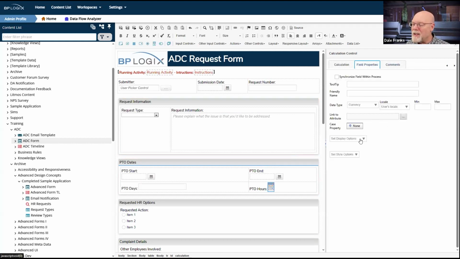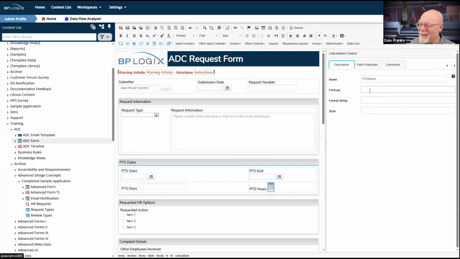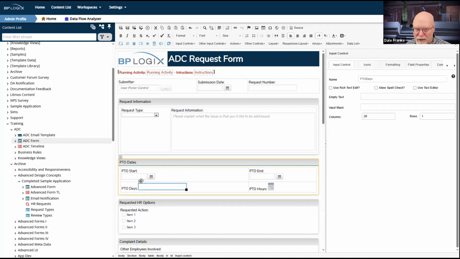I'm also going to set this as always disabled while I'm doing this. Oh, wait, never mind. I don't have to do that. It's not a field I fill out. You can't disable calculation fields. So great, I'm just going to need a formula. We're going to do a real simple formula for this. I'm actually just going to take the PTO days and multiply them by 8. As I said, we're assuming we're doing whole days here. So if I want to get the hours, a work day is 8 hours in general. So I'll just calculate by 8.